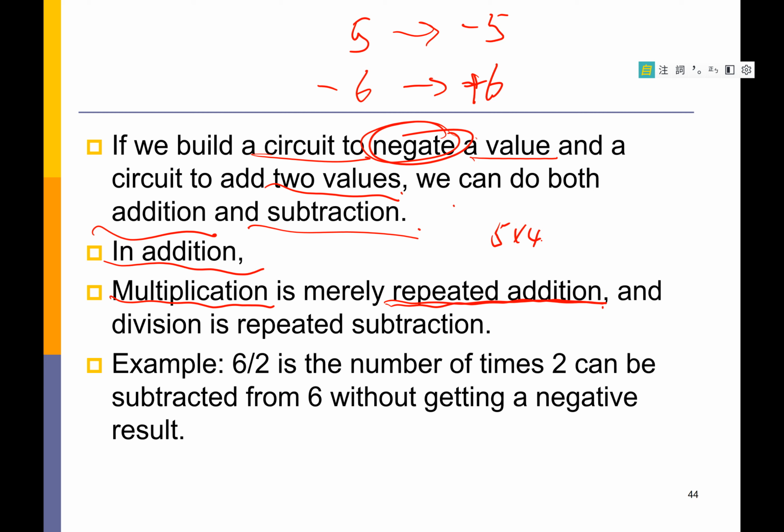5 times 4 is equal to what? 5 plus 5 plus 5 plus 5, totally 4 times. Okay? So just one circuit can do multiplication also. And also you can do division. Okay? This 6 over 2. You can just do 6 minus 2 minus 2 minus 2 to count how many times